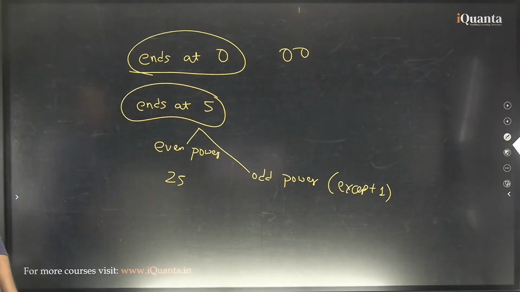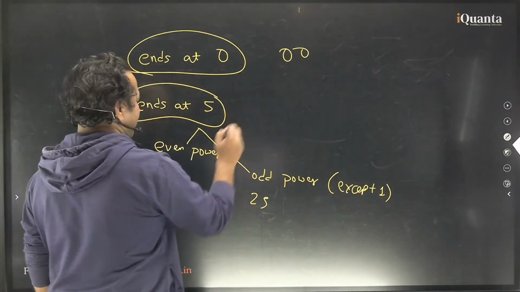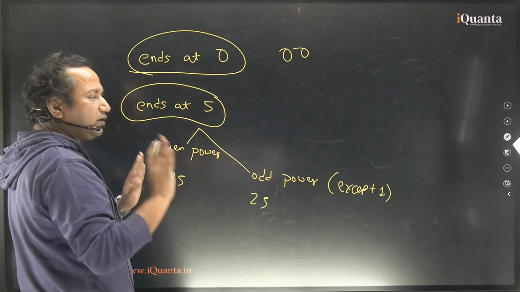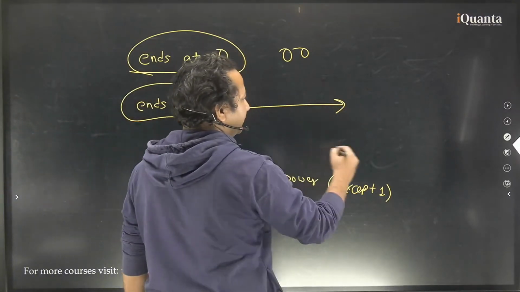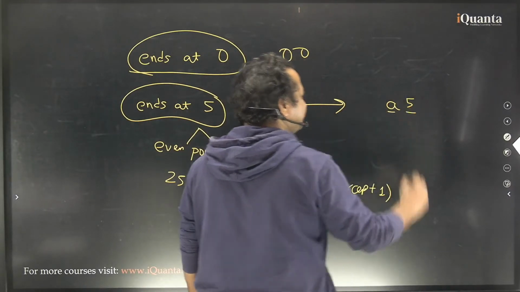$25 only. Yeah, right. Of course. But there's one more case. Be it even power, be it odd power, it will always end with 25. Now, if a number ends at A5, where A is a digit,